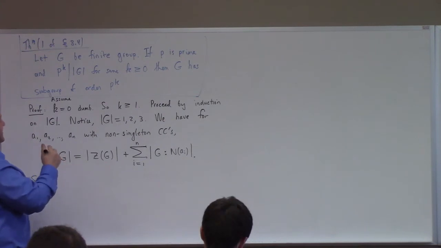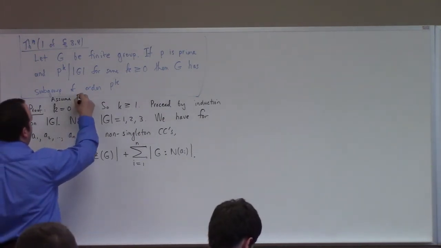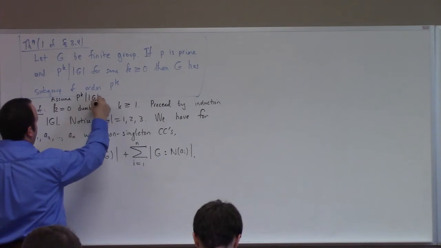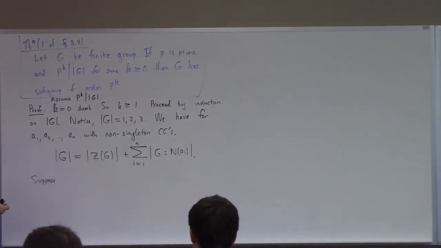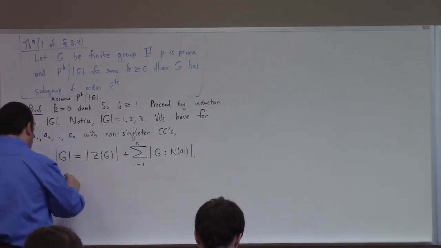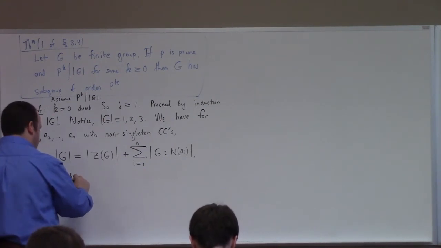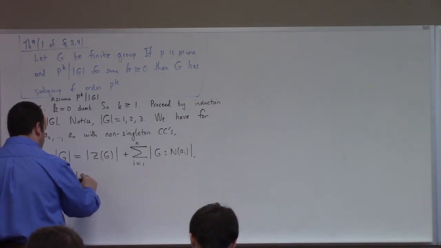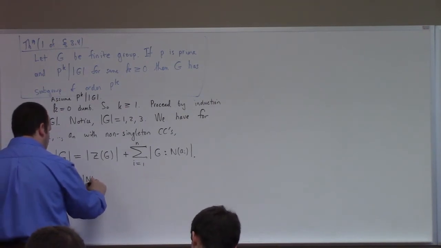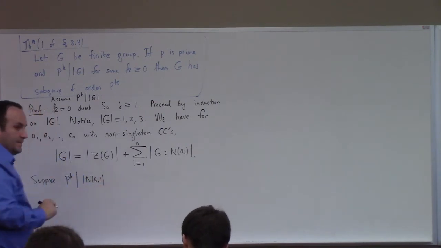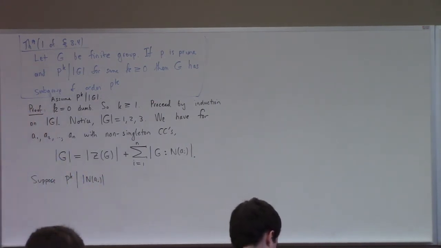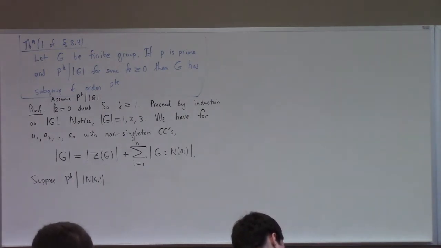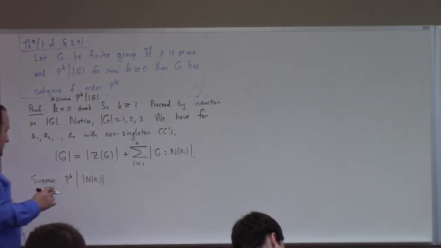We're assuming that p to the k divides the order of G. That is assumed. So suppose p to the k divides the order of N of a i for some i. Then,